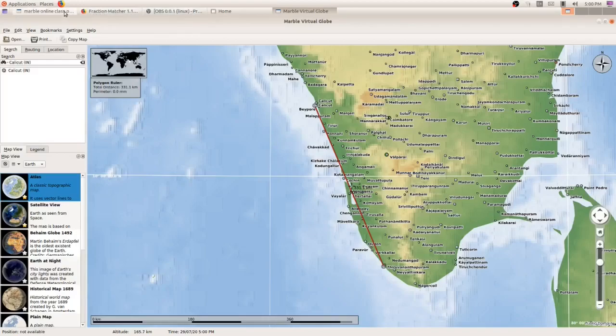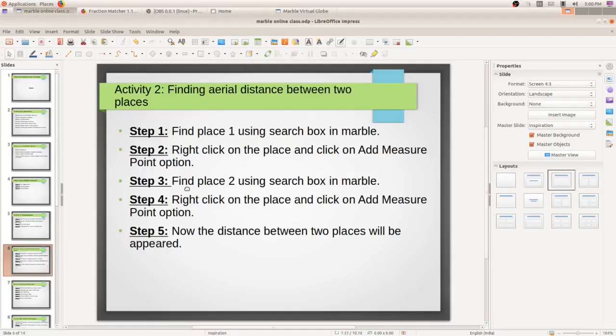The steps: find place 1 using the search box, right click on the place and click Add Measure Point. Again search place 2 and click Add Measure Point. Now you can see the distance between the two places.